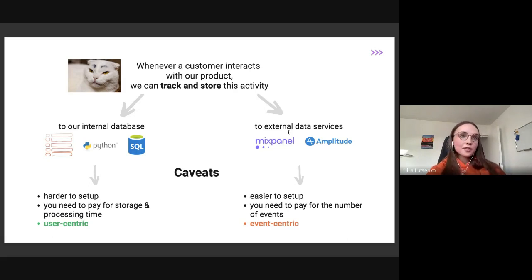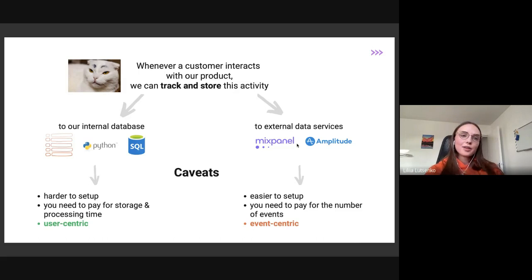If we have 1,000 users, it's going to be a cheaper plan for us. If we have 10 million users, they're going to tell us, guys, it's time to upgrade your plan and pay us more. And the point of these external data services, as I've said, is that they are good to build customer journeys and